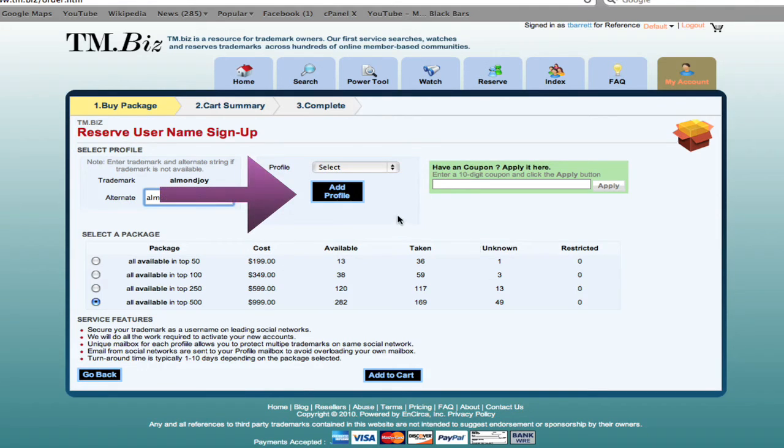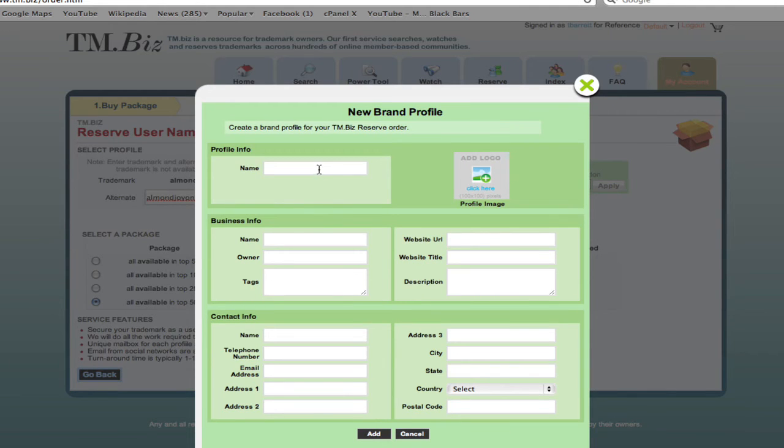And then you need to create a brand profile for Almond Joy. Now you only need to do this once, and it gets reused for every social network that you're going to reserve this trademark on. And every time you create a brand profile, we're actually going to create that unique email address for you.